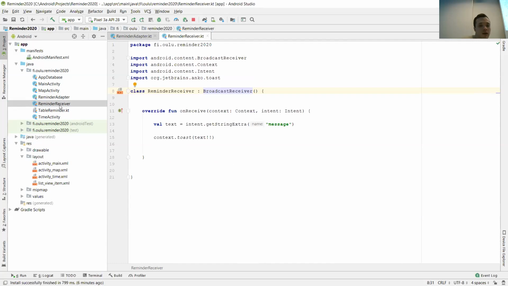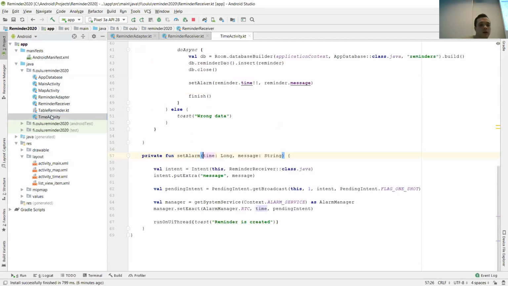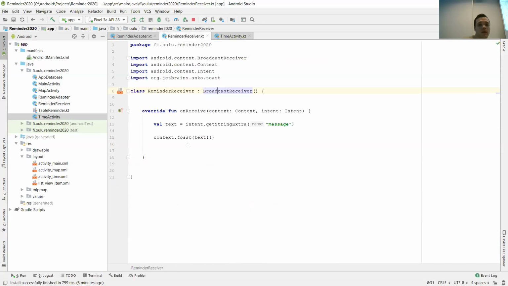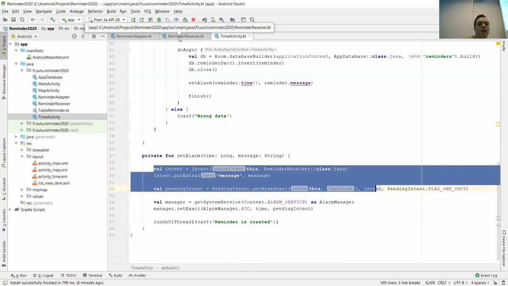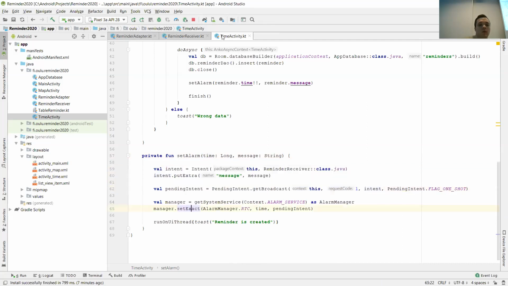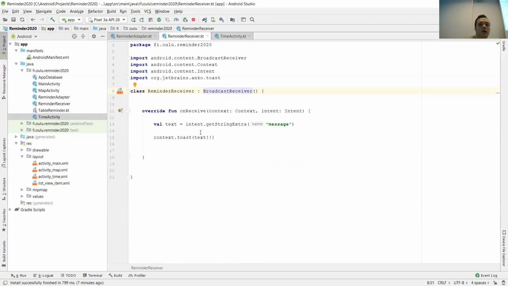And I think that's the last one. This reminder receiver is the one that represents what should happen on the specific events on the smartphone side. So we schedule something with reminder receiver. We call it from here by intent. And when this call happens at an exact moment of time, in our case, something happens on the user side. So you show a notification, you show a text, whatever. So that's about the